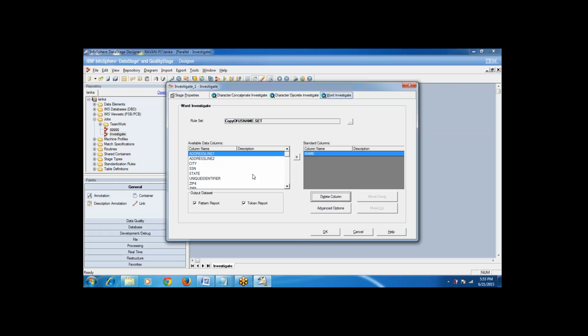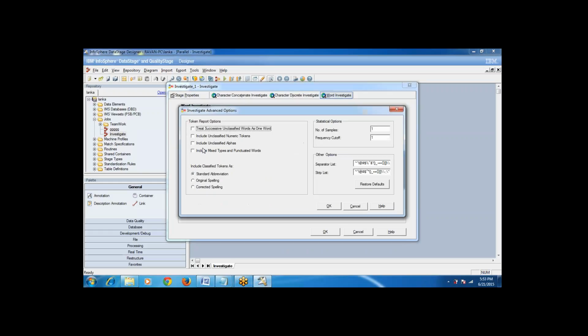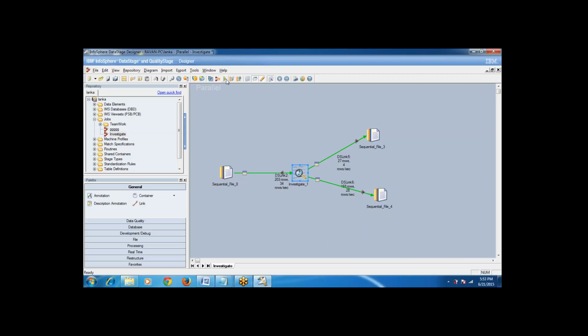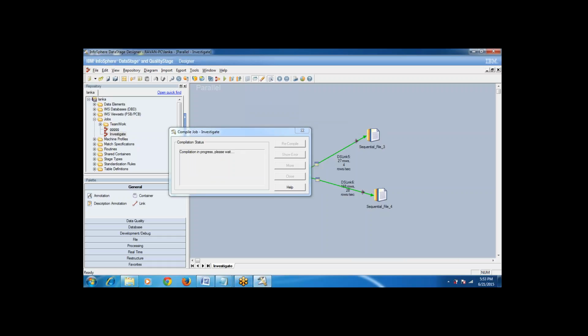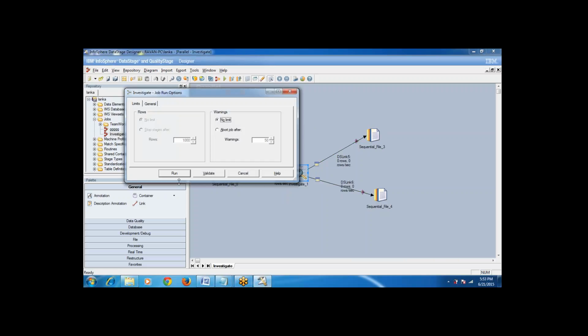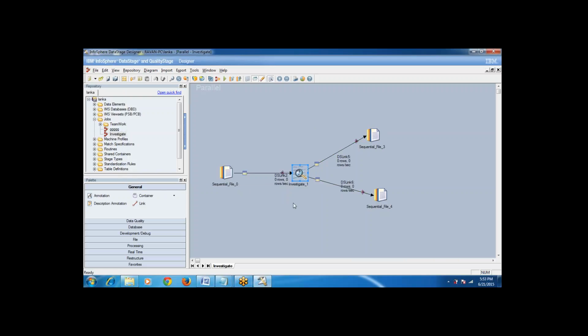So for now, as per the data which we have taken, I think we can select this one, unclassified tokens, and first run it, and we'll see how it is creating the report. If you remember, earlier we had only 168 records here.